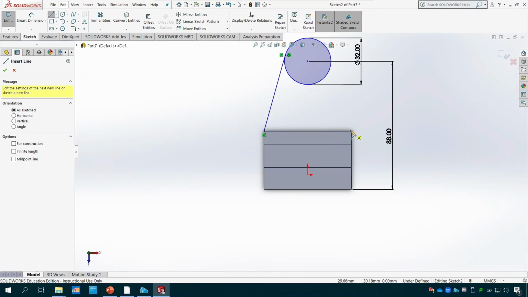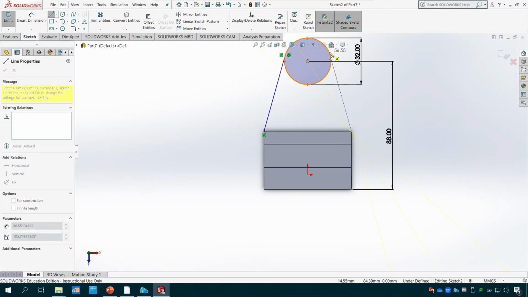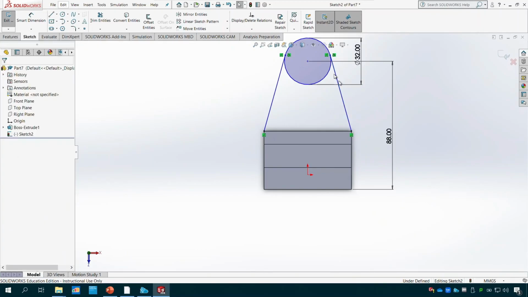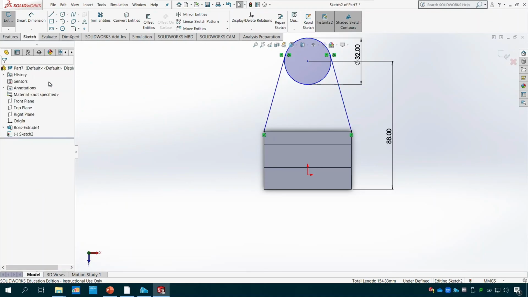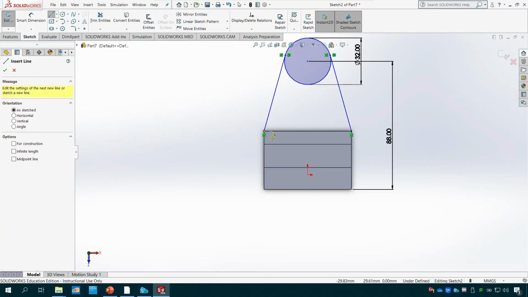In case you don't get it, of course you can go to the relations, and what you need to do, you can go for instance in here, add relations, and you can say, I don't know, this line for instance with this one, and then you can make a tangent in here. They are already tangent, so I don't need to do it like that. And what I will do, I will close this one down,